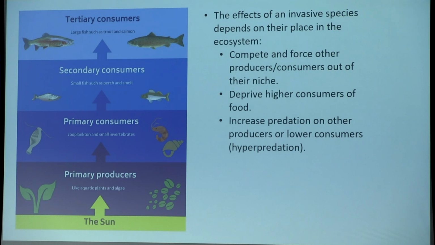Something like an invasive mussel occupies the primary consumer level. Instead of eating a fair amount of phytoplankton, but not all of it, like our native mussels will, zebra mussels will come in and literally clear the water. If you are familiar with the Great Lakes at all, they have great visibility in the Great Lakes now. They did not 30 years ago. And that is because zebra mussels came in and just ate all the phytoplankton, all the particulates that were in that water, and left nothing else for the other primary consumers.